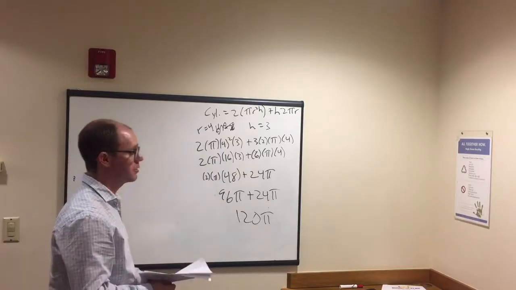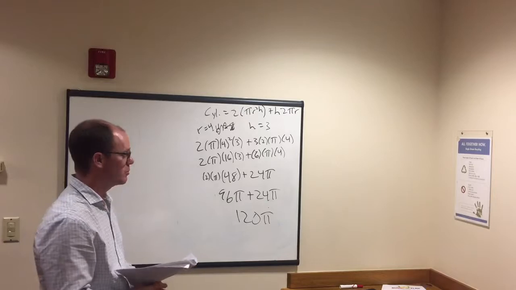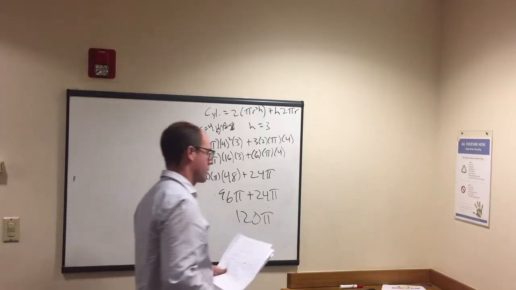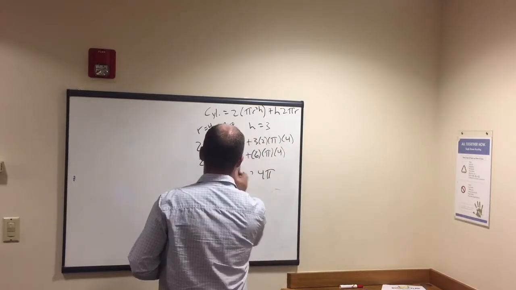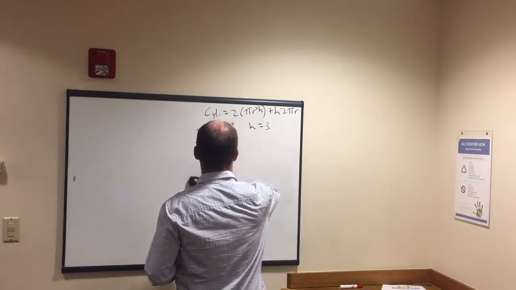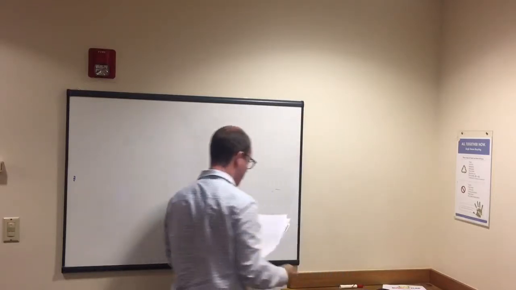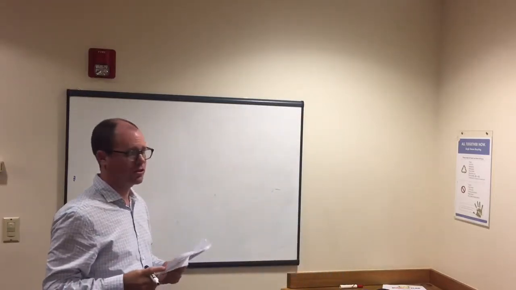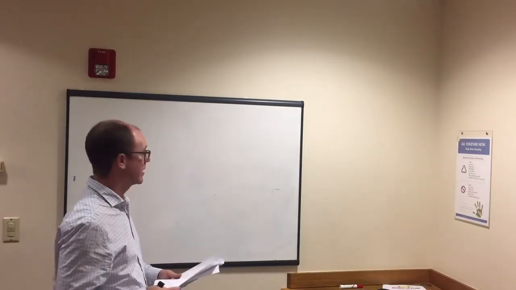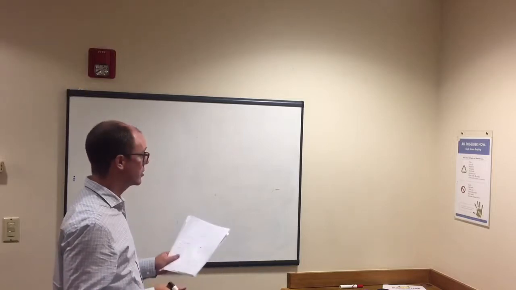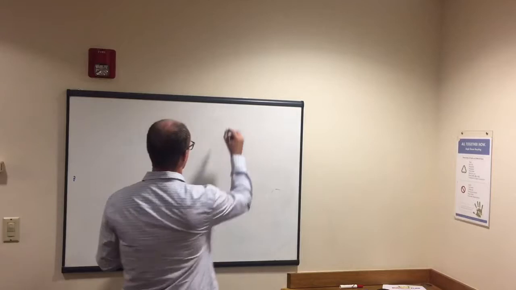Got to know this big formula up top, then plug in all the numbers, take your time with all this multiplying. Easy to make a mistake. Okay. One more type, cube. So cube formula is a little bit easier to remember, but we want to make sure we don't think that we're doing volume, right? Because volume of a cube and surface area of a cube are two different formulas. Okay, so for a cube,